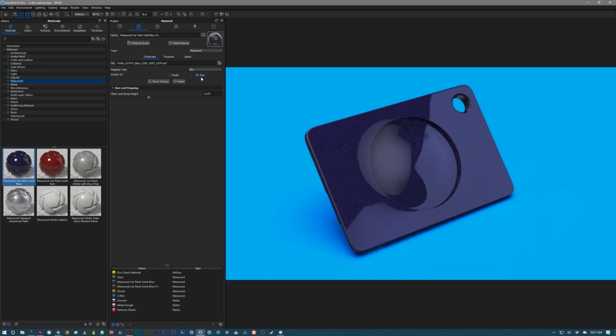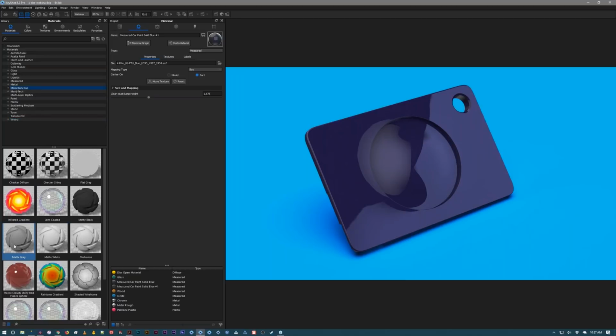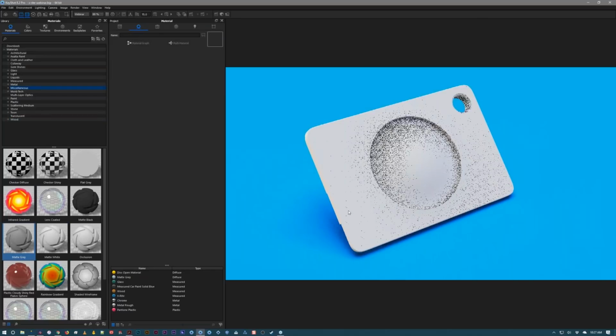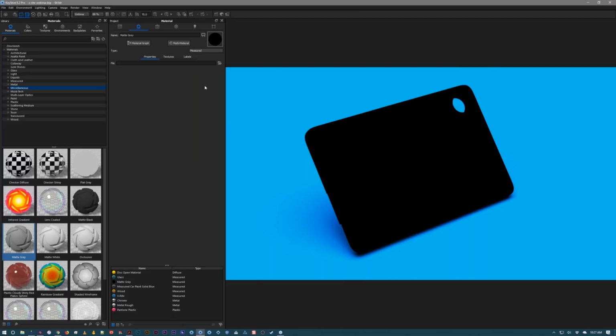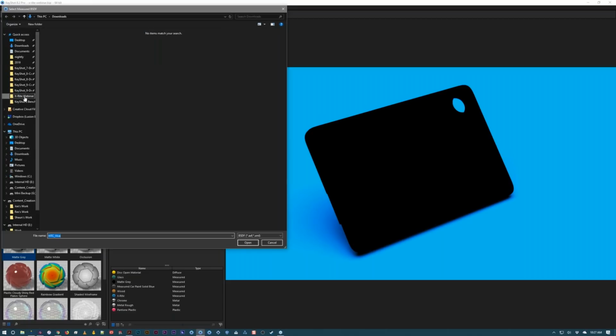And then, yeah, if we wanted to start from scratch, let's say this was just a diffuse color brought in from CAD, double click to edit, we would change this to measured, and then we can load in our AXF file. So if I open the browser, I can jump over to some of these,